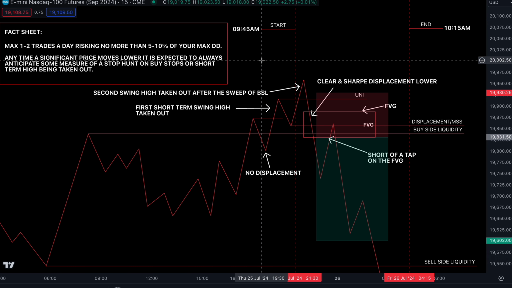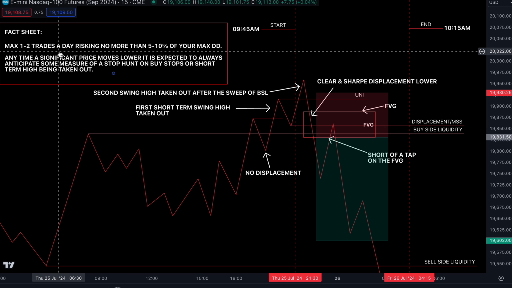So this is one rule that is very, very important when you're trading. Do not take more than 1 to 2 trades a day. I cannot stress it enough. I see people jumping into the London session, the New York AM, the New York lunch. I see them jumping into the afternoon, and then they dive into the Asian session. Like, how many times do you want to dive in? You only jump into the market maximum 2 times in one trading day.